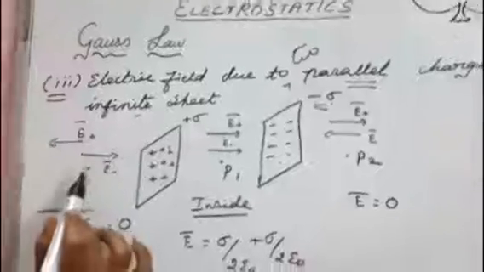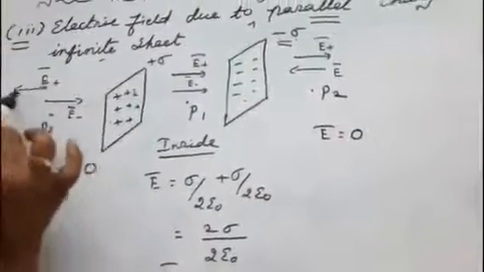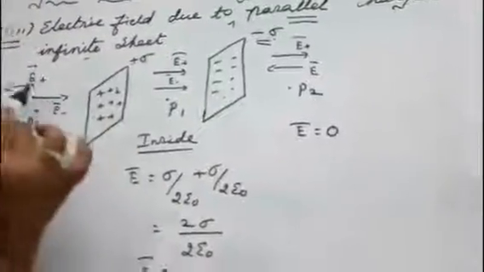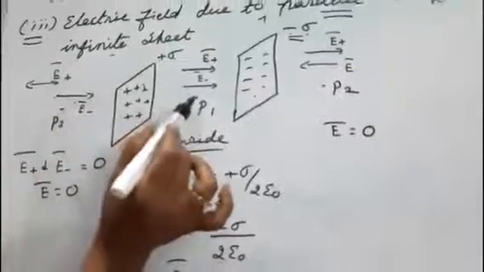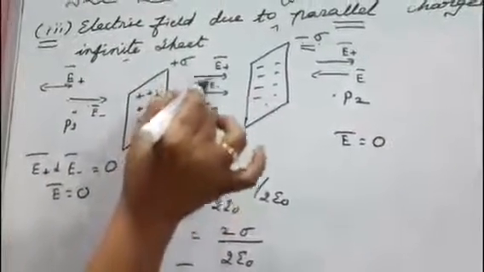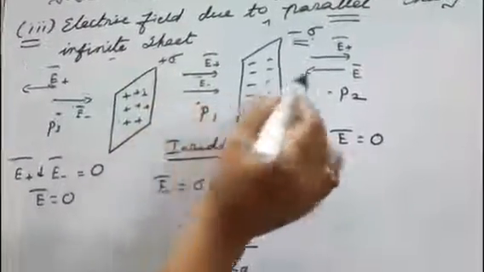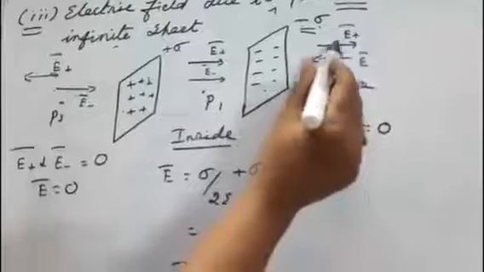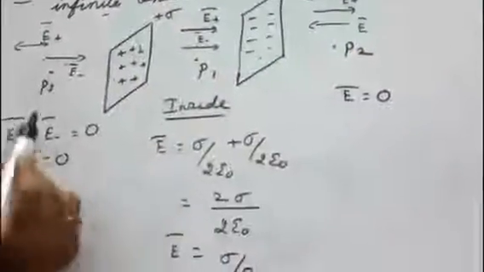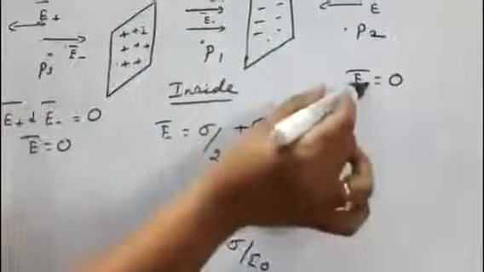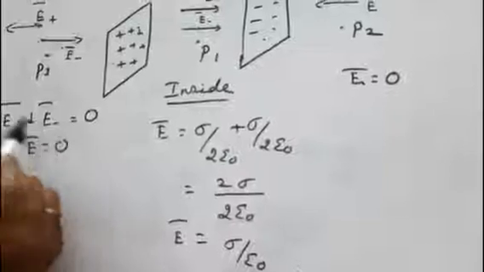Here on this side, first we consider the positive electric field and the negative electric field. The positive electric field is away from the charge and the negative electric field is towards it. Next, here the positive electric field is away from the plus charge and the negative is towards the minus charge. And here the positive is away from this and the negative is towards. Next, at the first and last points the electric fields are equal and opposite, therefore the E